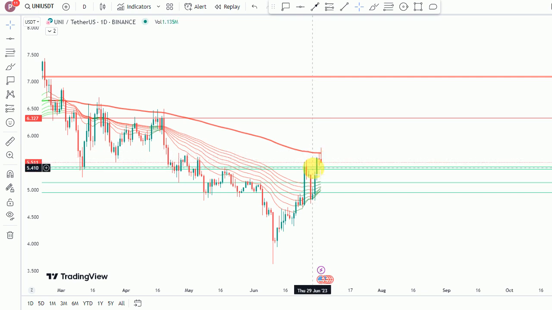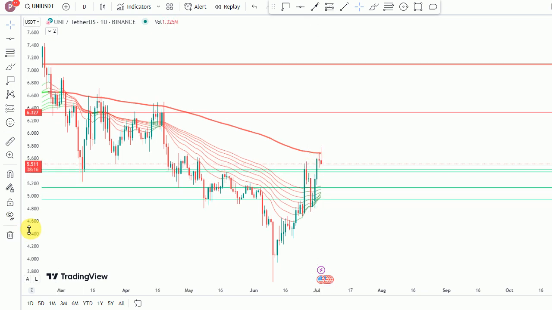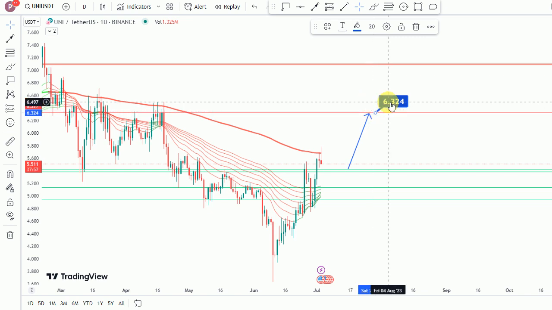As you can see, the 200 EMA has been a very huge resistance for UNISWAP for quite a while, and that's why we have these EMAs to help us determine what will happen next. For UNI, we should be expecting at least some little consolidation and then probably a push to the upside. We should see UNI at about the $6.3 level in the next few days, after huge consolidation right here before a push to this $6.3. So it's just a matter of time.